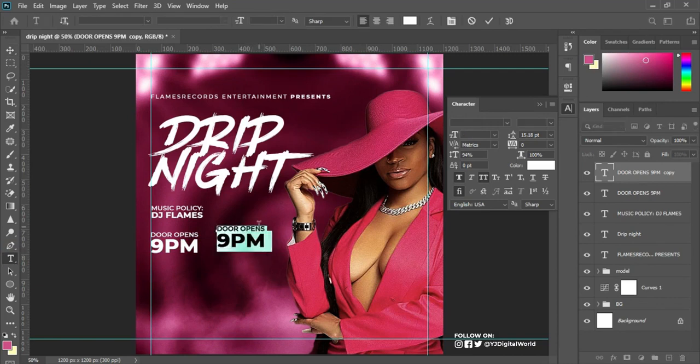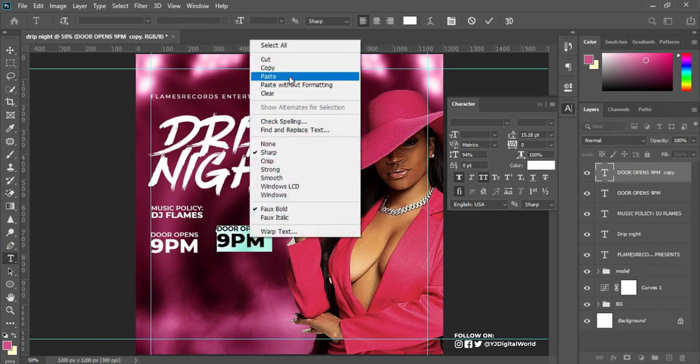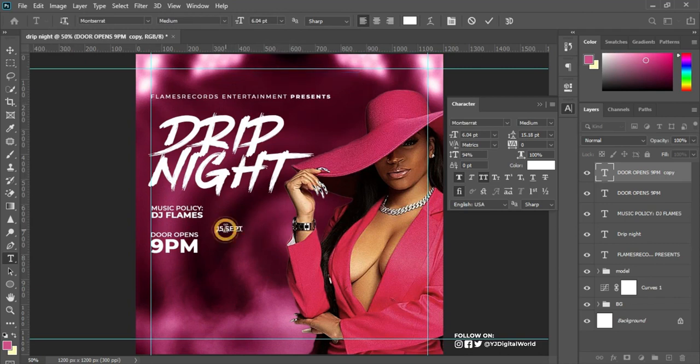Okay, and I'll paste in this set of text here, come over here, and hit the enter key, check, reduce the leading, come over here as well, change this to bold, increase the size of the text, I'll check, come here, reduce the leading a little bit,